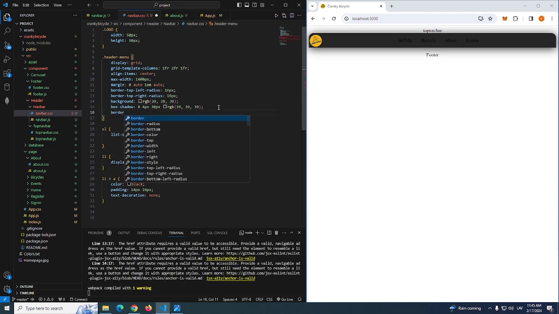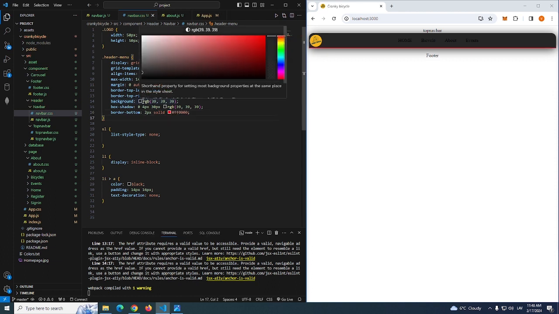Border bottom, and I will create it 2 pixels solid, and I have this color code already written down, so I will add FF. It's basically red. Actually, I messed up a little bit, so my background color should have a light color,